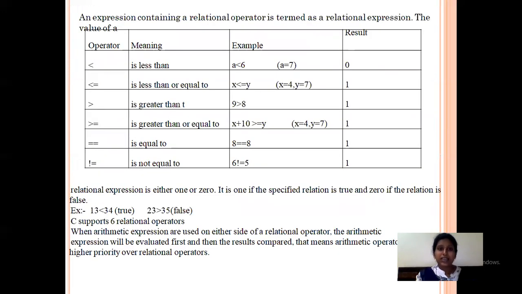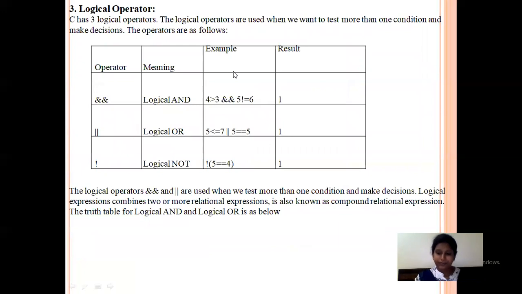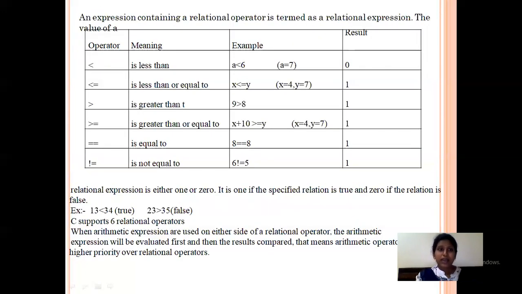An expression containing a relational operator is termed a relational expression. The value of a relational expression is either 1 or 0. It is 1 if the specified relation is true and 0 if the relation is false.